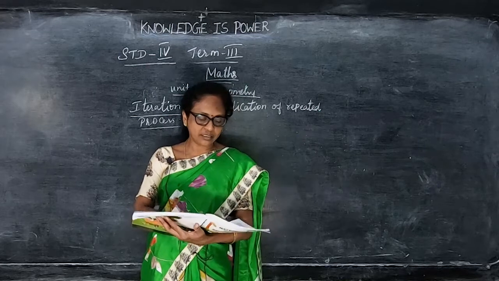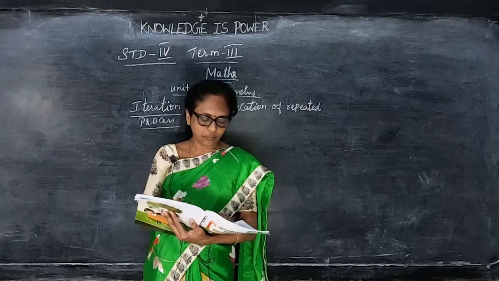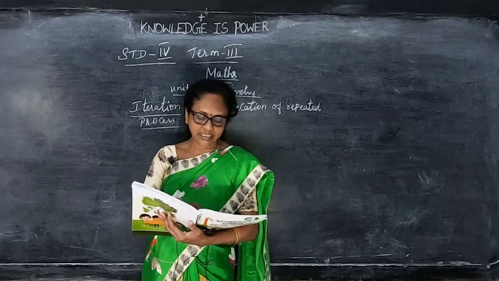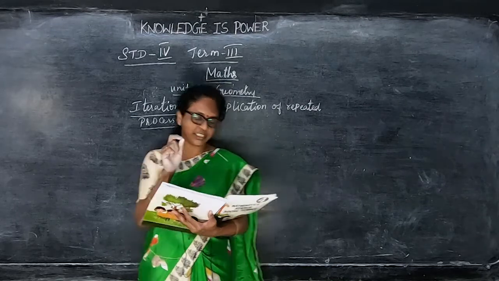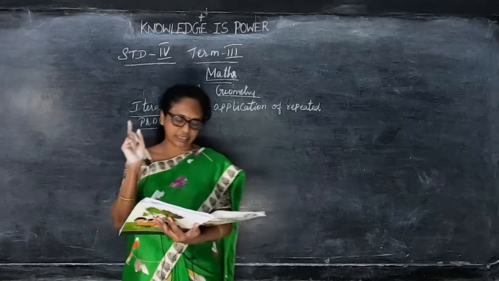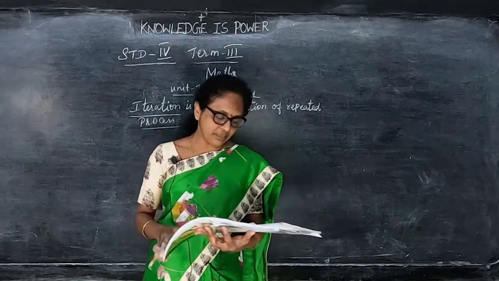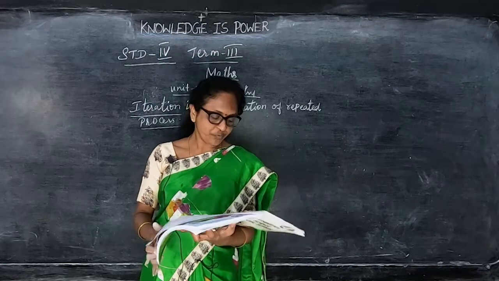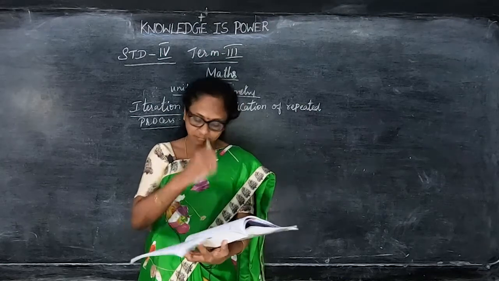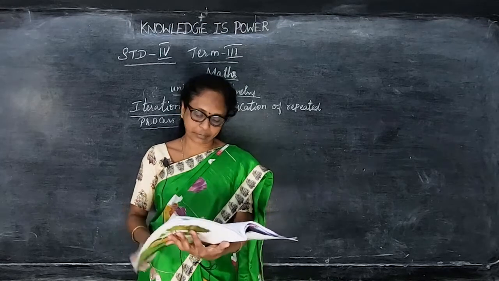And in these exercises they have given murukku, that is the spiral, and some circles and flowers. All the flowers, everything is in circle shape. So you can write circle and complete the patterns given below. How the patterns are given, you have to complete it with the next picture. Whatever is there, complete that.